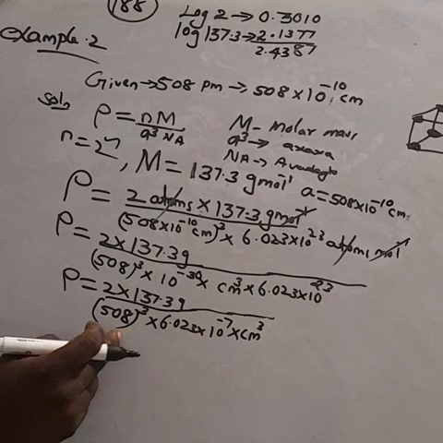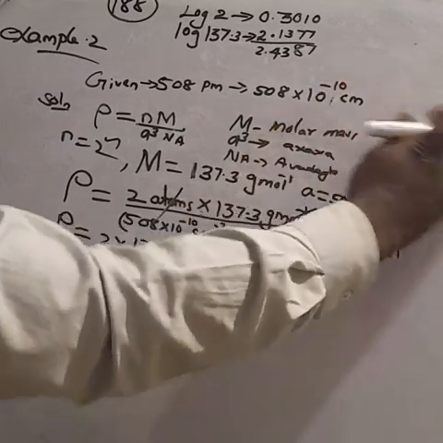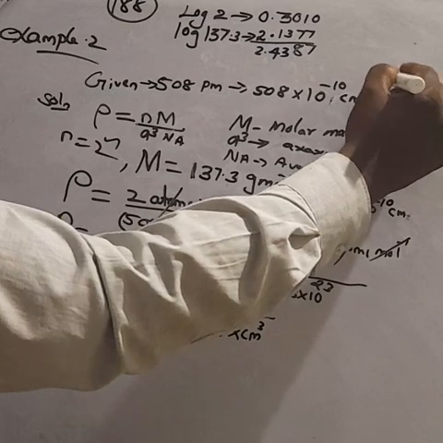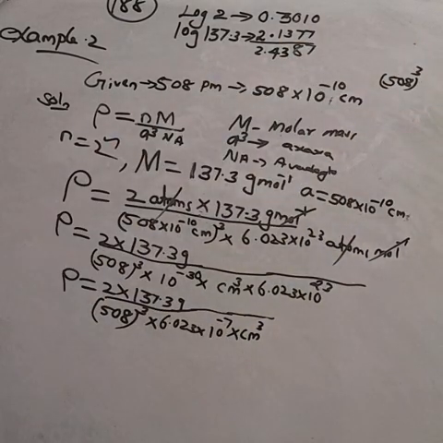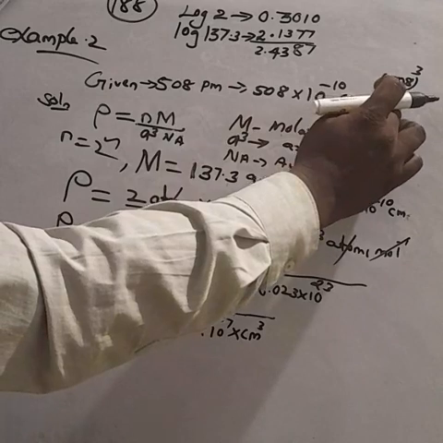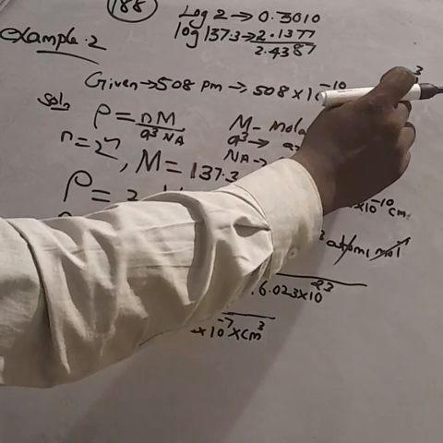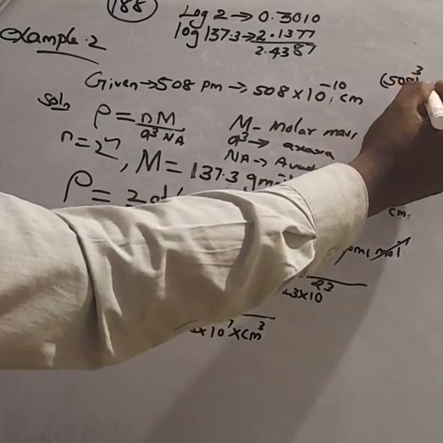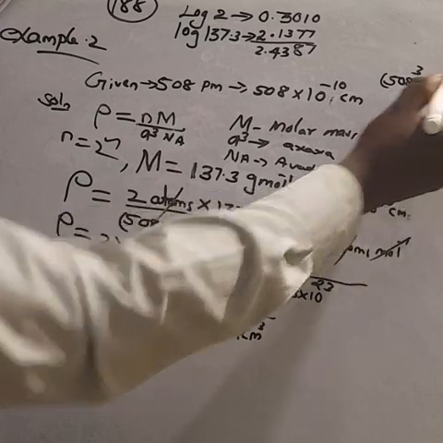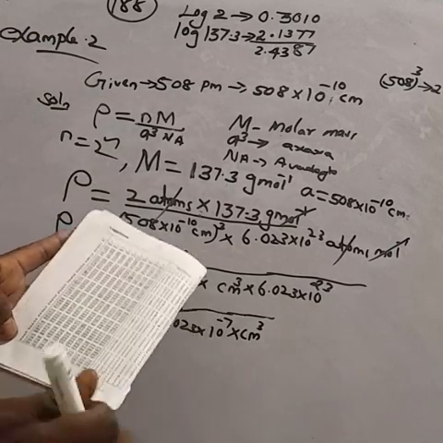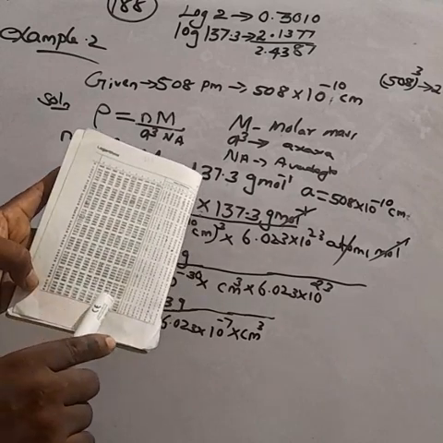Denominator. We are going to find out that one. What are the values given? 508 cube. Am I right? 508 cube. This 508 also has 3 digits. First I am going to write 3 minus 1, because 3 is the characteristic, so 3 minus 1 becomes 2 point. And now we are going to find the logarithm of 50 versus 8.